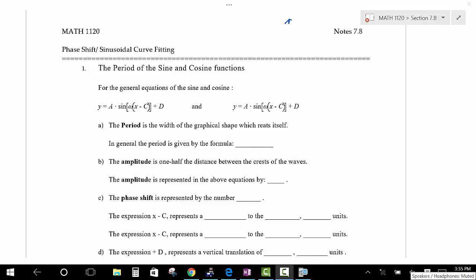7.8 has to do with phase shift. We hadn't talked about phase shift yet. So this is the last part of graphing that we're going to look at: the idea of a phase shift and curve fitting. And you have to know how to do this curve fitting for the second application problem, which I'm going to